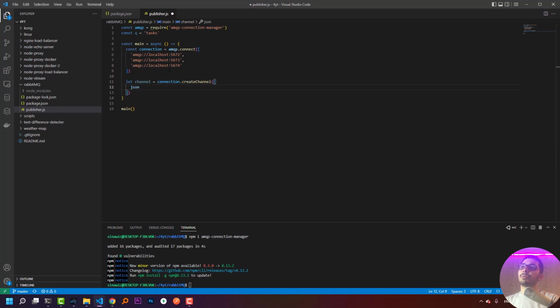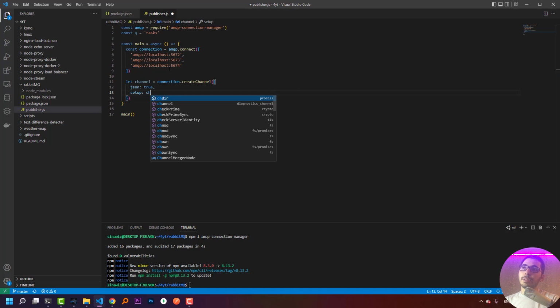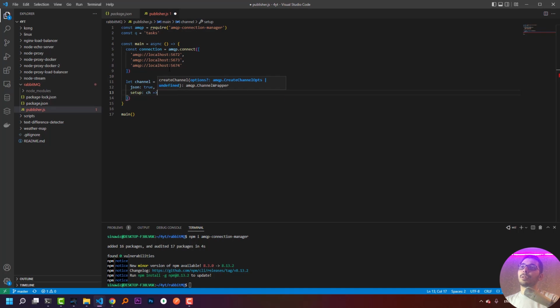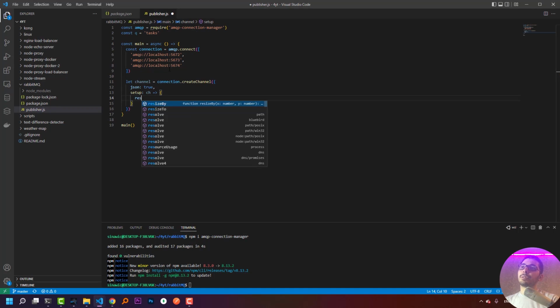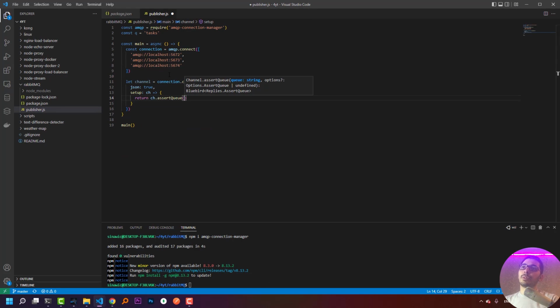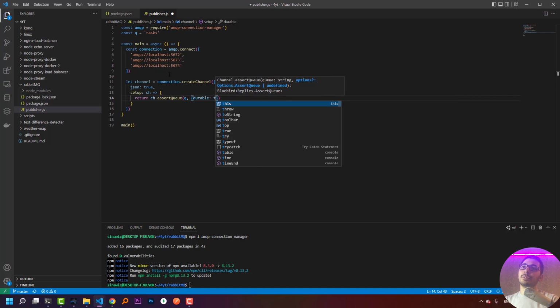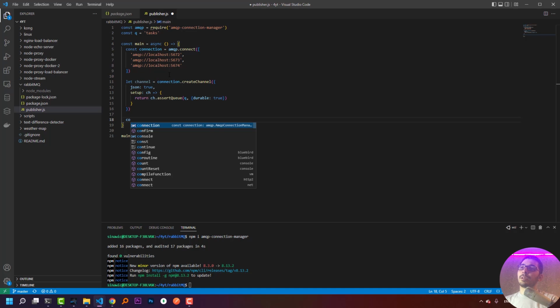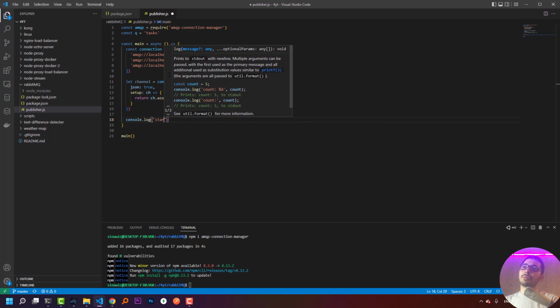So I'll say json is equal to true, and setup is equal to a function. So I'll say ch, an arrow function. I'll say return ch.assertQueue. I'll pass my queue, and I'll set durable to true. Next I'll say console.log started publishing,